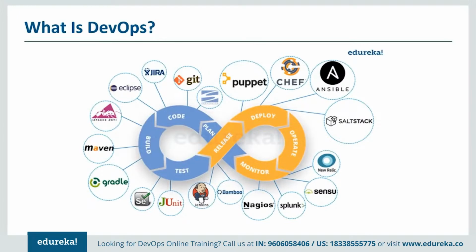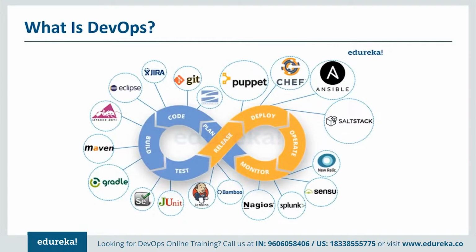Finally, you do the deployment. All right, so there are different tools to do the deployment, and then you do the operations, which means your operations team is sitting there doing all these operation tasks, and they are monitoring this using different tools. When we say that we want to build a DevOps platform, we want all these tools, what you see here, to work together so that you can do this activity without having to do any manual intervention. Okay, and this is where we are going to spend our time, looking at how these tools can be used when we go to Azure DevOps.